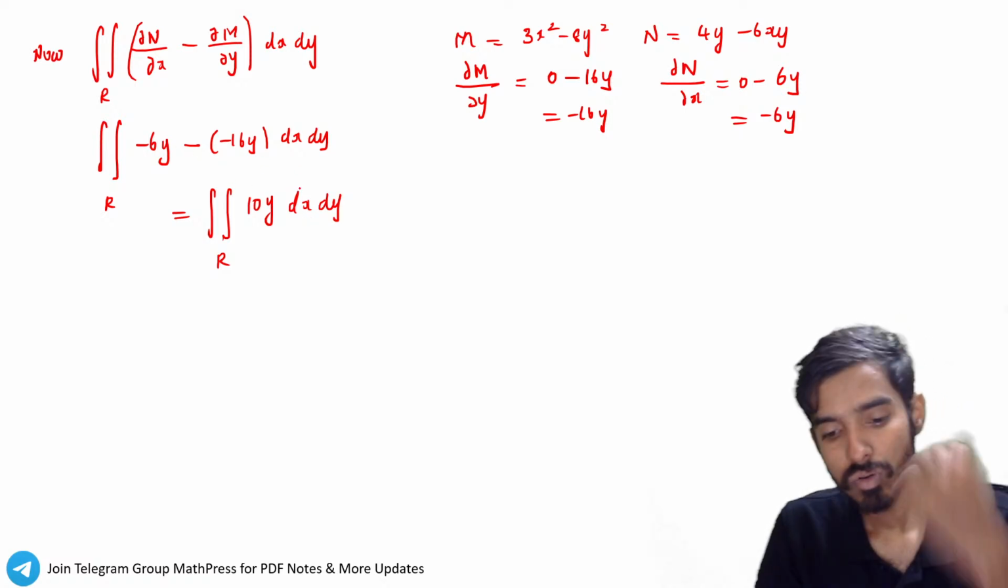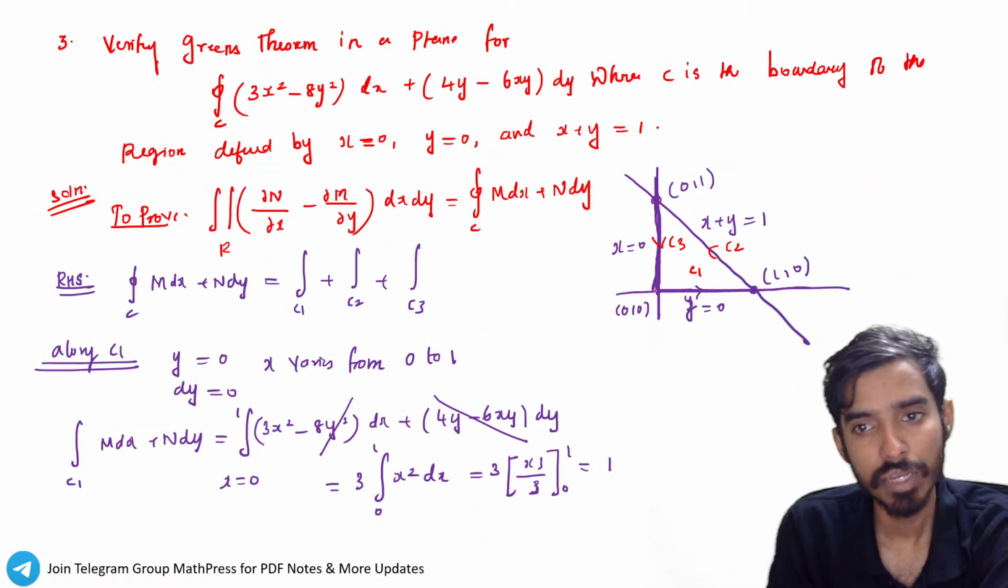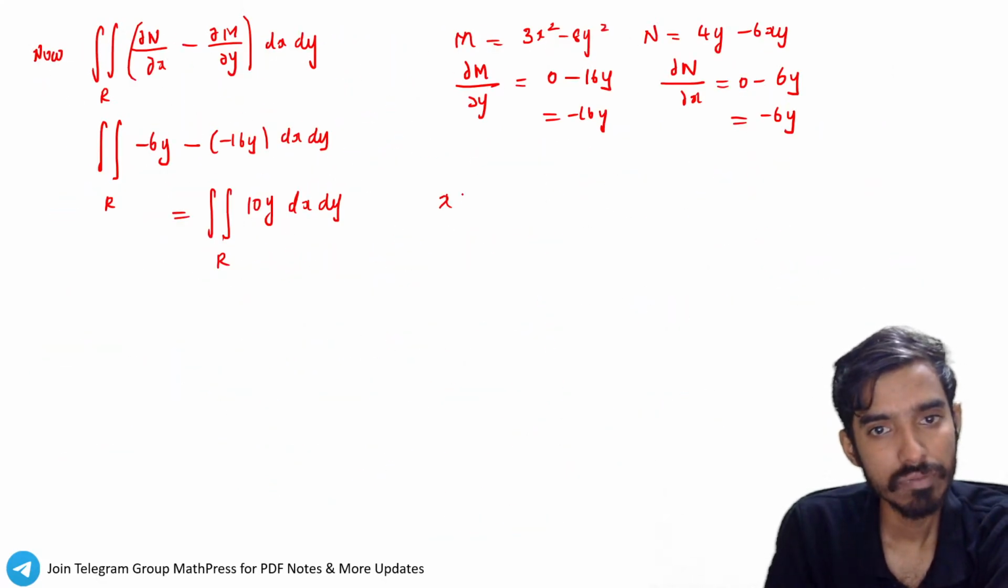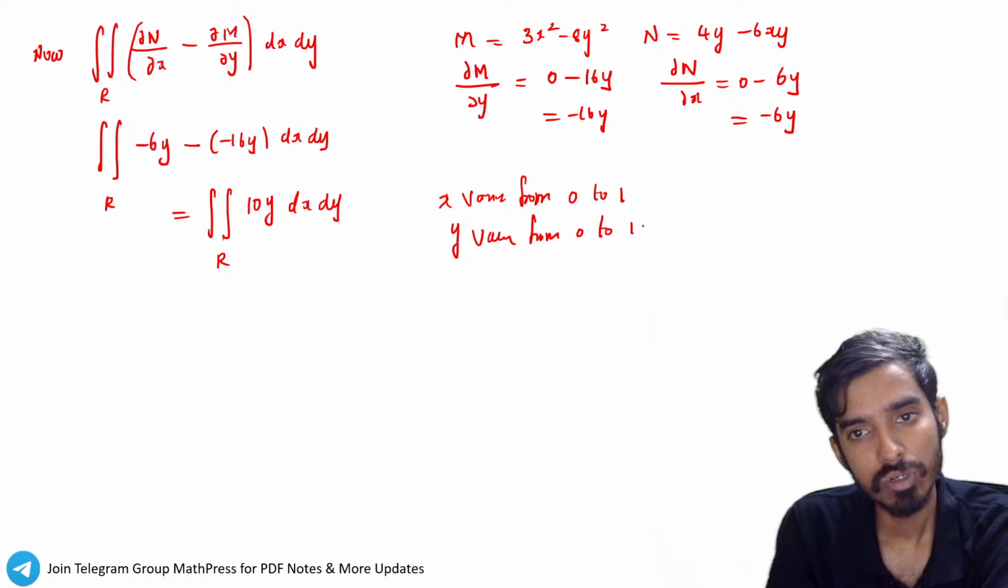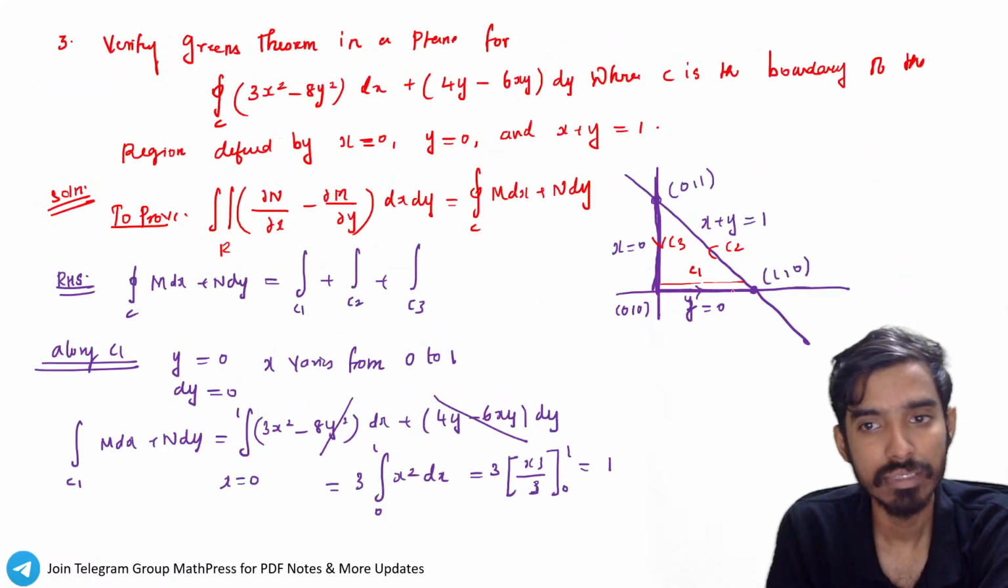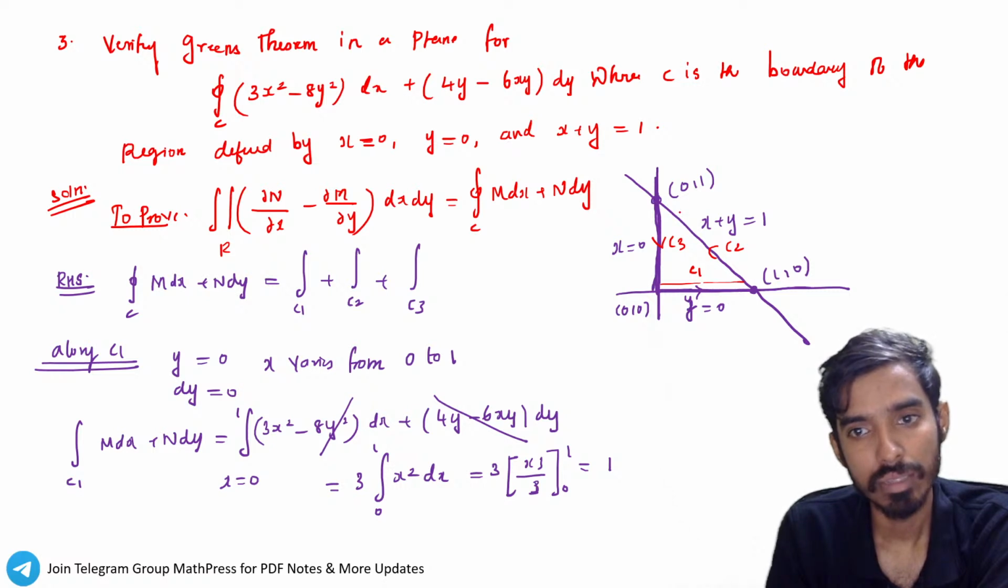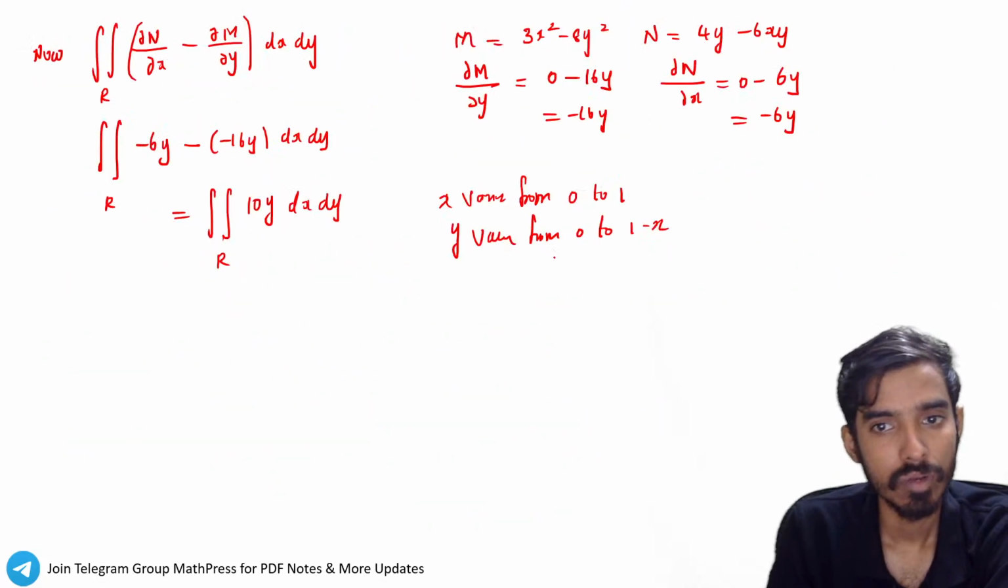Okay. Now, it is very easy to do this, right? So we need to cover this entire portion. So x varies from 0 to 1, right? And y varies from 0 to 1 minus x. So x varies from 0 to 1, y varies from 0 to 1 minus x, right? So we can cover this entire region. So therefore, x varies from 0 to 1. y varies from